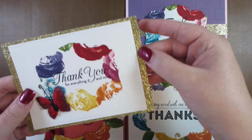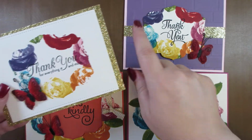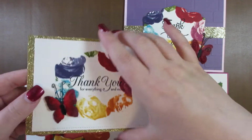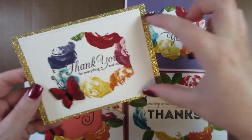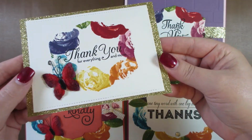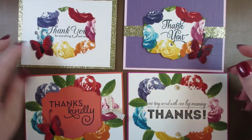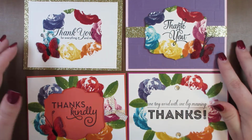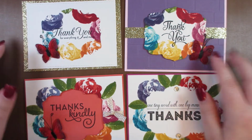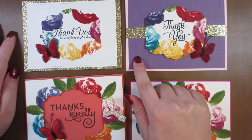So I used a glitter tape, this same one here, and just edged the edge of the actual card base with the tape, and then that fit over the top. So it looks like I've got this glittery paper in the background, and then added a butterfly. I've had this for years, never known what to do with them. And then I had a piece